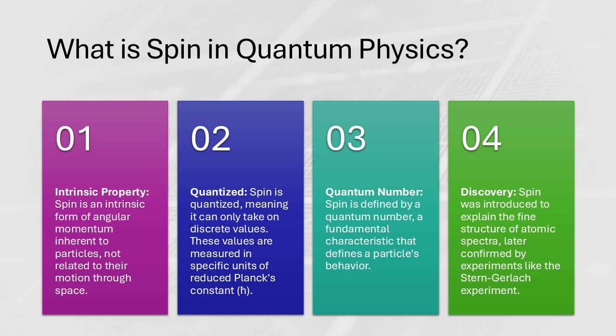And spin is key to building and controlling these quantum bits, or qubits. You can use the spin state of an electron, or a nucleus even, to represent the 0 or 1 of a qubit. And because of superposition, the qubit can be both 0 and 1 at the same time, so quantum computers can solve problems that would take a normal computer forever. It's like something out of Star Trek.